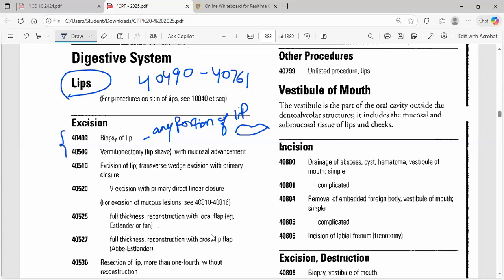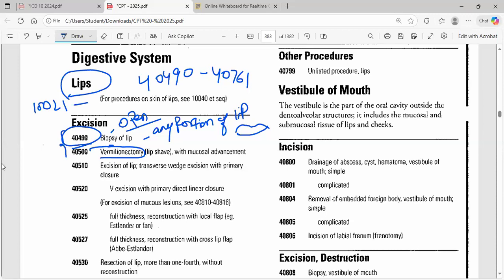So we are going to use 40490 when an open biopsy is performed. Open biopsy means the specimen has been removed with an incision with a sharp tool. If FNA is performed on lips, then we are going to use a code from series 10021. For FNA, we have a specific series, 10021, and FNA we are going to bill with that code only. We are going to use these codes if it is an open biopsy of the lip. Next code is